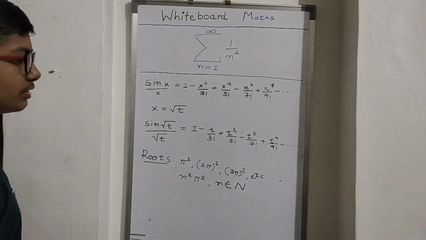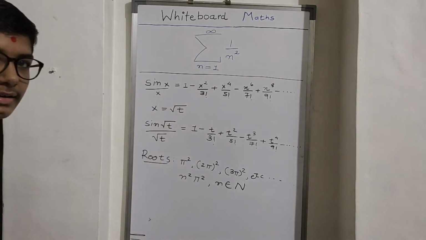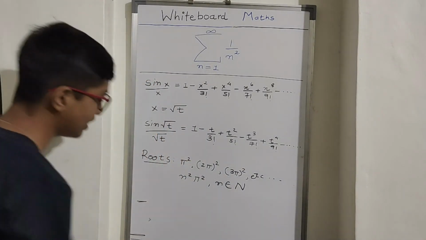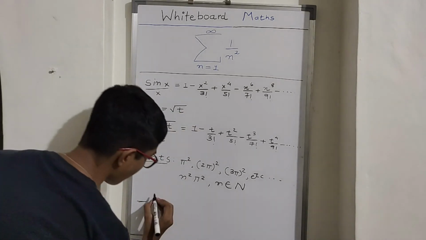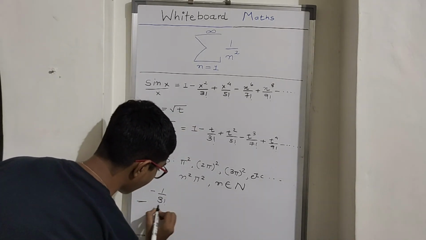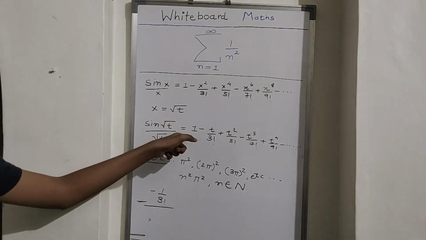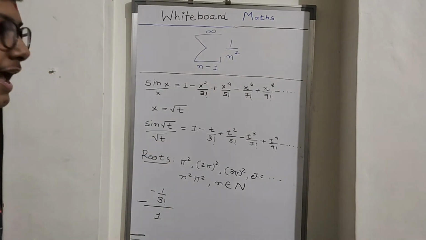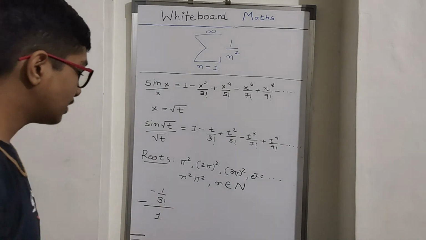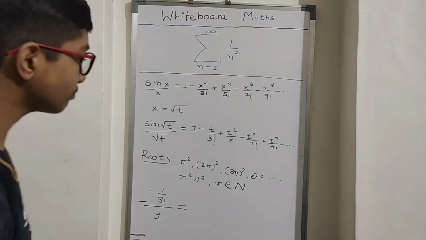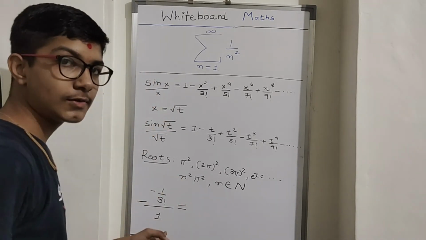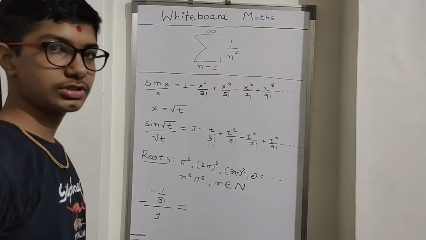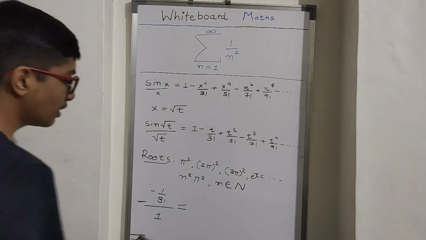the coefficient of t, the variable here is t. So first we put the negative sign, then the coefficient of t divided by the constant term. And according to the theorem, it will equal to the sum of the reciprocals of all of these roots. So it will equal to